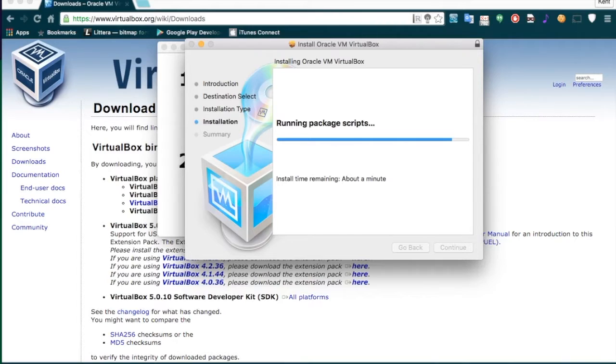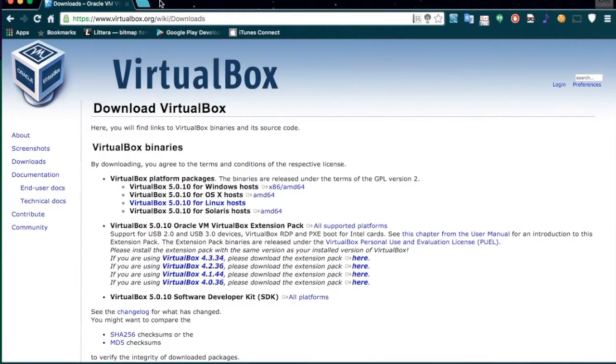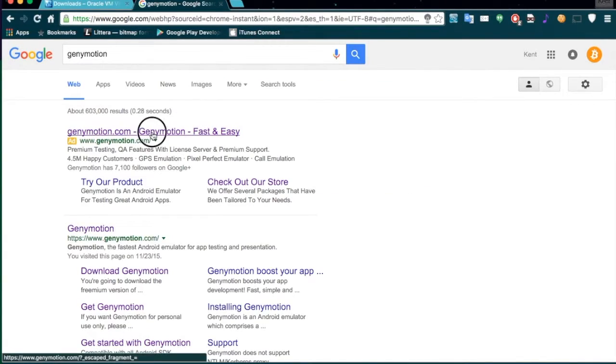Just some details on the rest of the tutorial. Like I said before, we're going to be using Genymotion, which is a popular Android emulator. And now, VirtualBox just finished installing, I forgot to mention that, but if you just go on the Genymotion website,